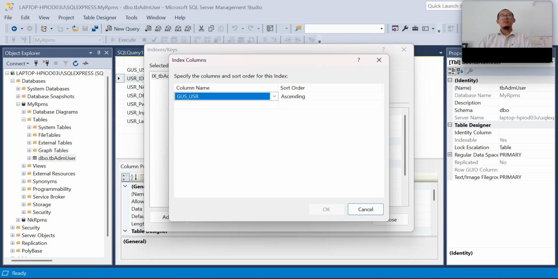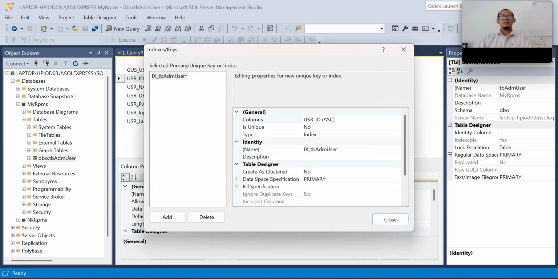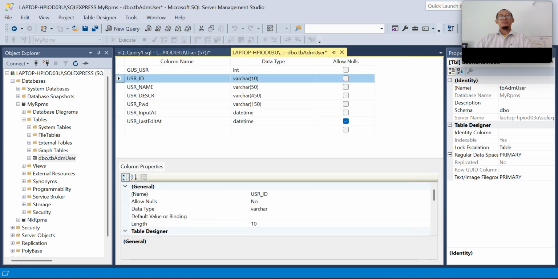Choose the column, user ID. The type is unique. I will name it tb udmsr. Okay, close.